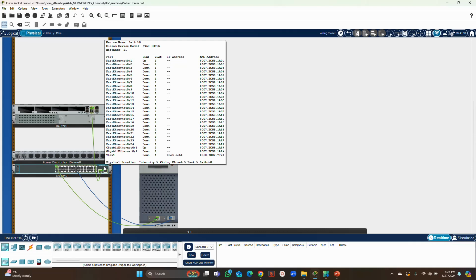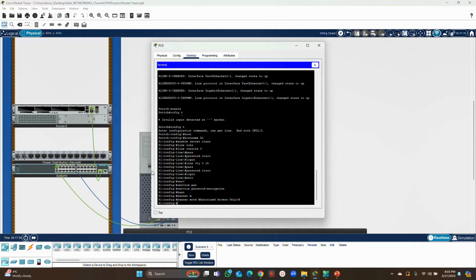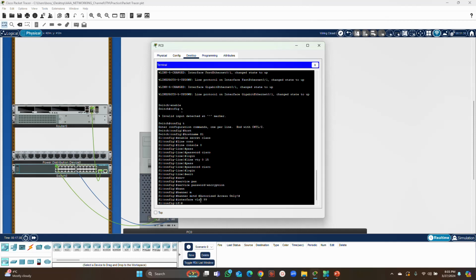So we can use this VLAN for the switch virtual interface, but since we want to protect our network from the threat actor, we can use a different kind of VLAN for the switch virtual interface. So let's go here, and by saying interface VLAN 99, for example, you are trying to